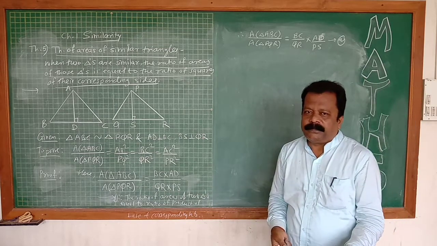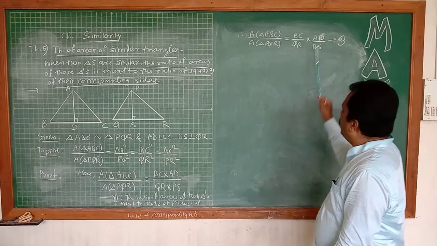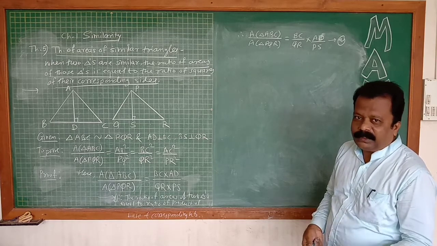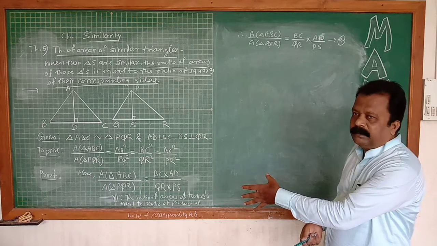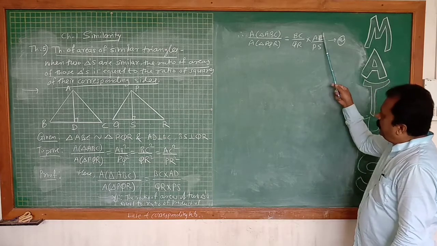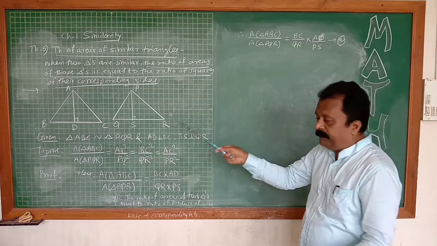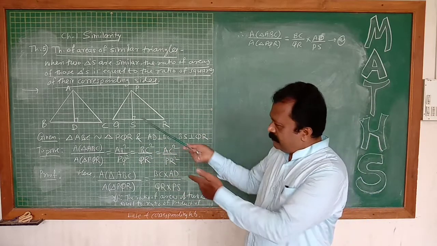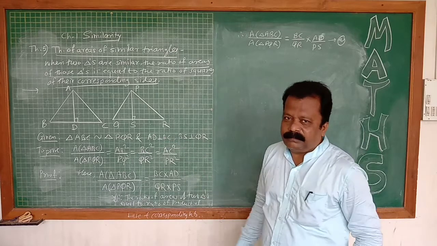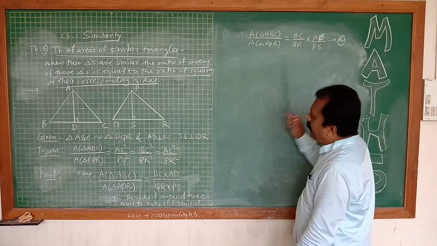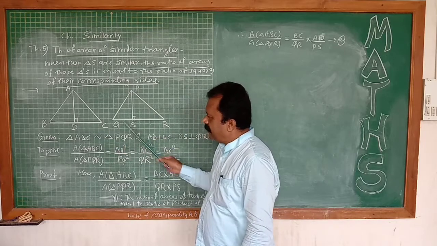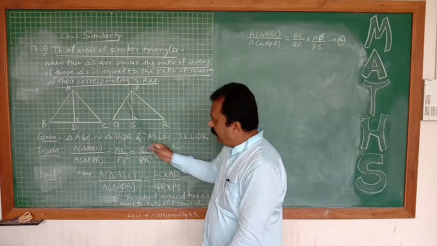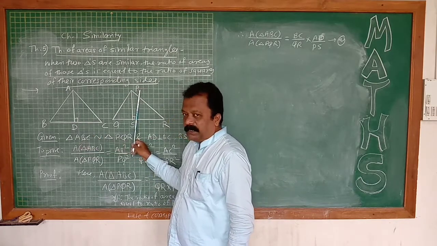This is the proof. Now what is your duty? Convert this AD upon PS into BC upon QR. This is your target. You will get the proof of that theorem immediately. Now AD upon PS, where is it in the figure? See the figure. In geometry, all your calculations are based on the figure only, math is second. Now AD is here and PS is here. We can say that these are the heights of those triangles, and sides also. How sides?